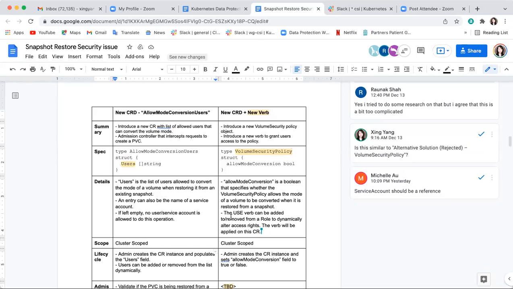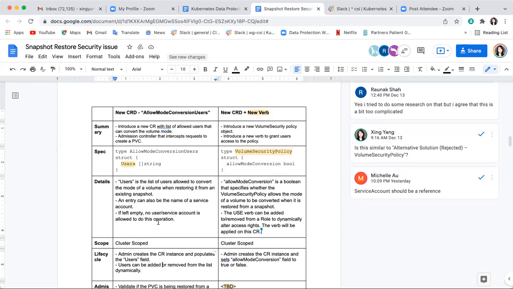So starting with just a new CRD. Again, the names and stuff are not really thought through, so don't read into that too much. But the idea is that we introduce a new CRD where the spec contains a bunch of users. The users can be individual users or even service accounts.